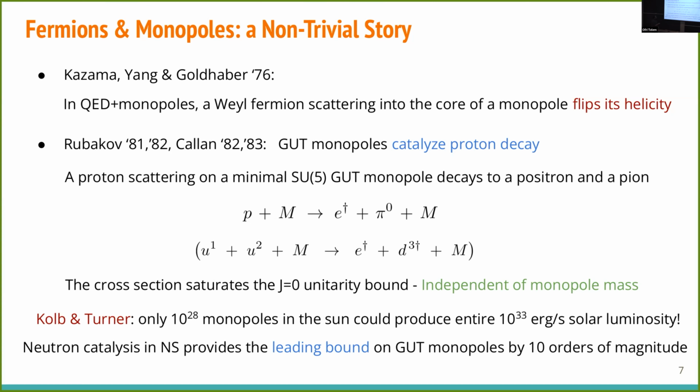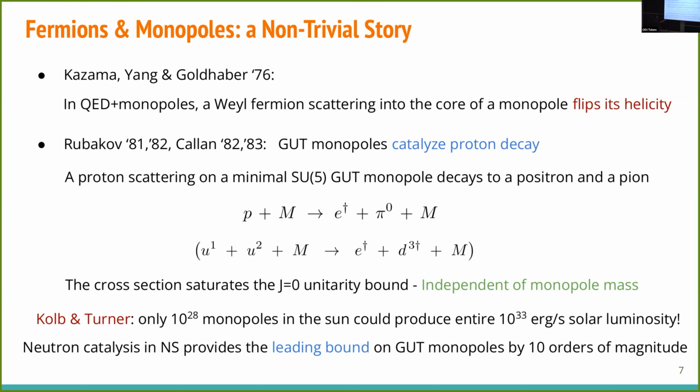And a slightly different variant of this is the famous monopole catalysis by Rubakov and Callan that shows that GUT monopoles catalyze proton decay. So specifically, if I throw a proton at very low energy into a monopole, the proton has a U, where these labels are labels of color. And the reason that we differentiate the color labels is because the long-range charge of the monopole is a linear combination of the U1 that sits inside color and electromagnetism. So this is why you can tell the difference between different colors.